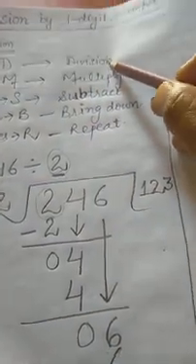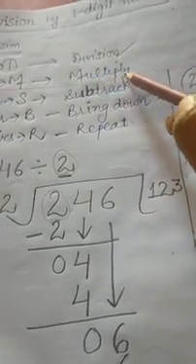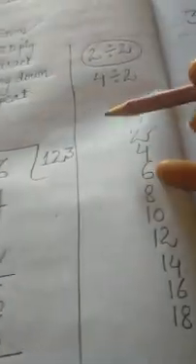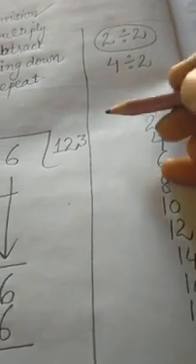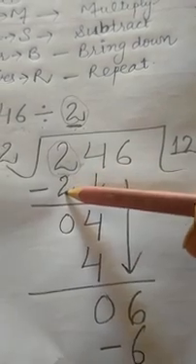After that, second step is multiply. While doing multiplication, we will write the table of 2 and find the 2 here. We need to divide 2 here, so from 2's table, where is the 2? Here it is. 2 zeros the 0, 2 ones the 2. When we are doing multiplication, 2 ones 2. We will write it here.